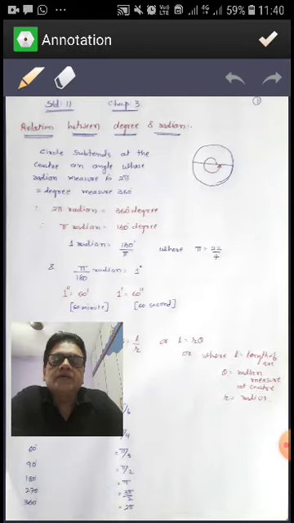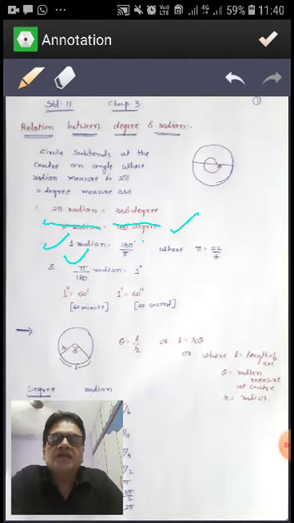2 pi radian is equal to 360 degree. It means that pi radian is equal to 180 degree. So 1 radian is equal to 180 upon pi, where pi we can take as 22 by 7, and pi by 180 radian is equal to 1 degree. 1 degree is equal to 60 minute and 1 minute is equal to 60 second.